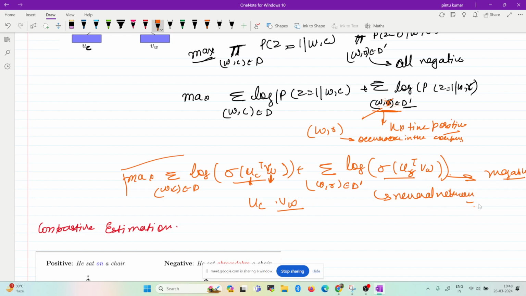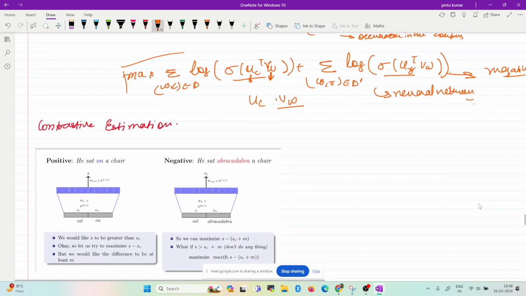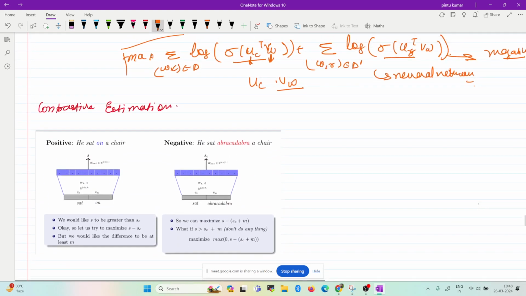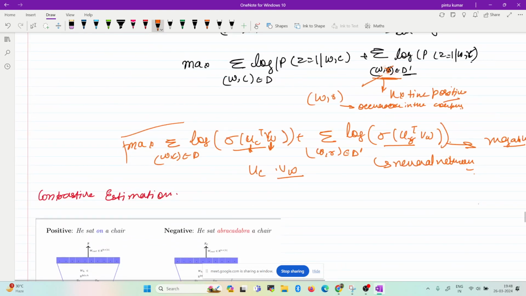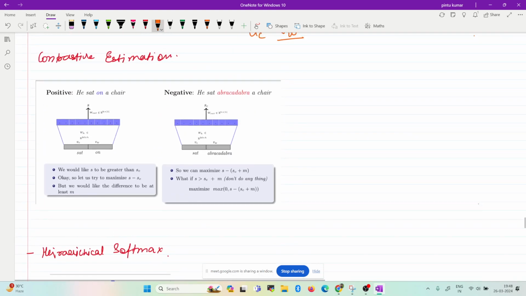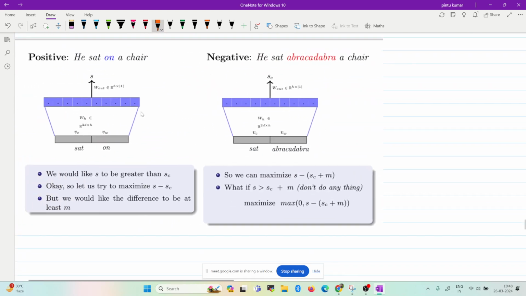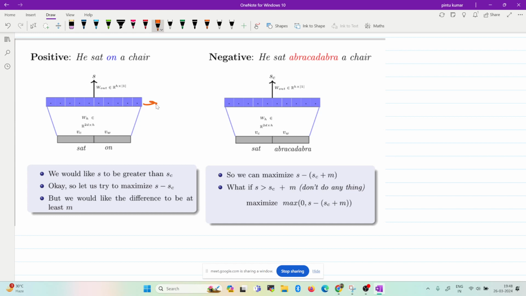Okay. So this is one thing. This is something that is known as negative sampling. The second method is known as contrastive estimation. This is a very simple method. After you have obtained your H, or I would say UC, okay, what you want is